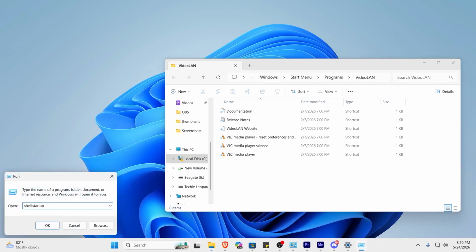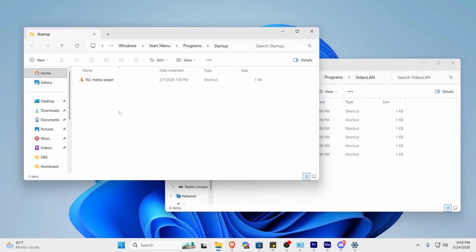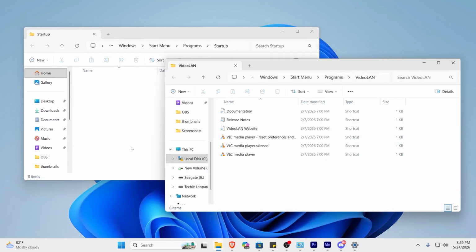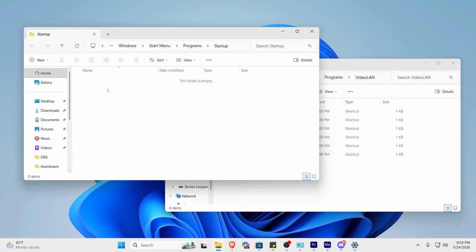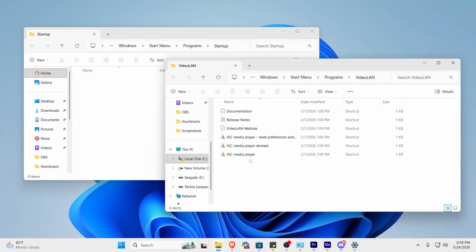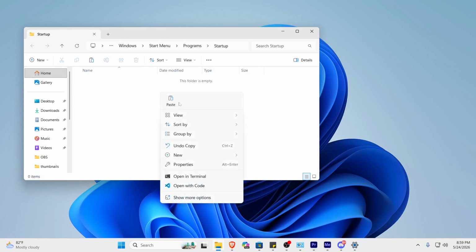In here, type shell, semicolon, then startup. Then just click on OK. It's going to open up another folder over here. Now let's say I don't have VLC Media Player in the startup folder. What I'll do is just right click on it, click on copy, close it, and just paste it in the